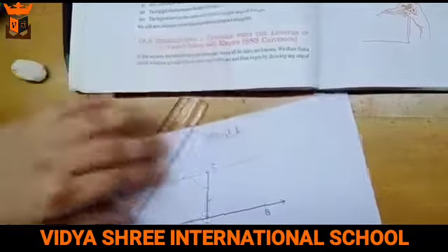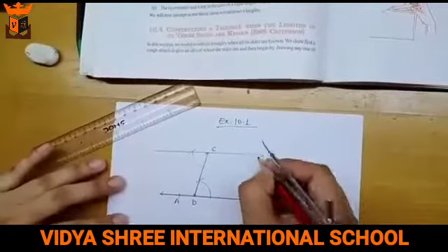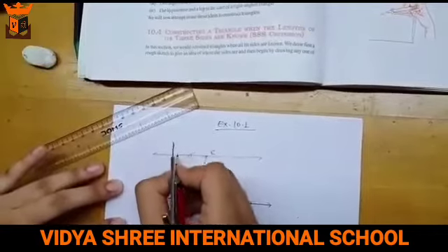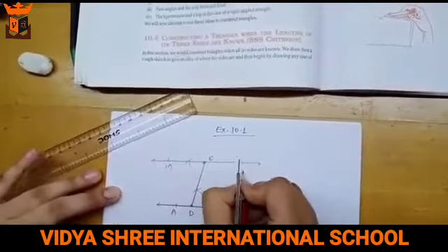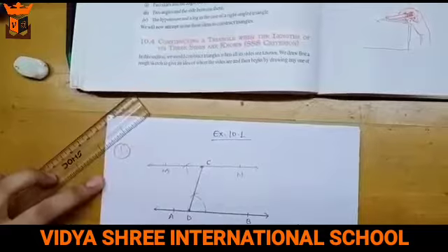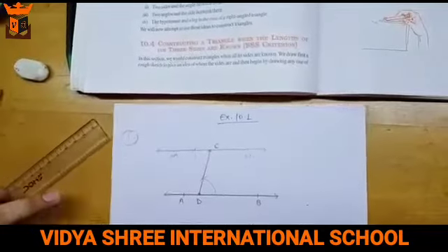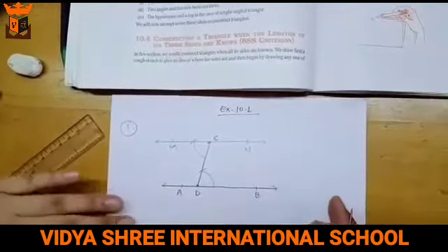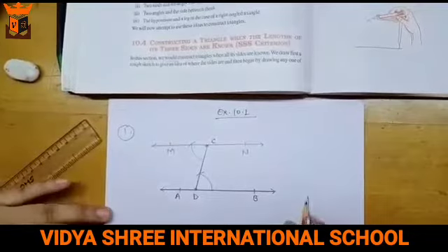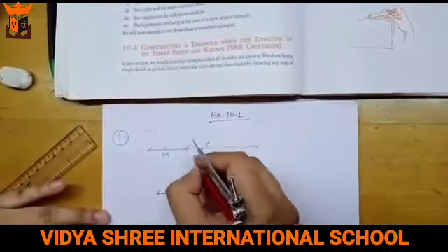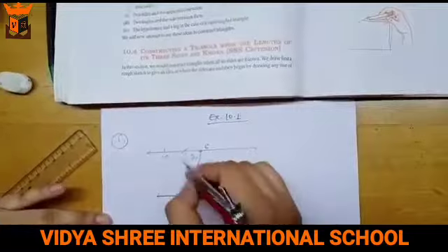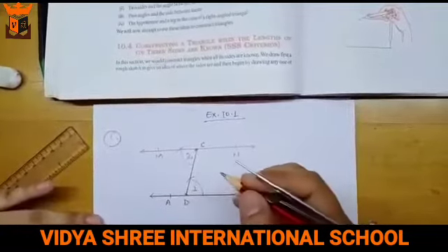and this will be the parallel line to AB, and now you can give the names M and N. This is your first question. Okay, now you need to write the steps by yourself in your own language, and these two angles can be 1 and 2, and these both angles are alternate angles.